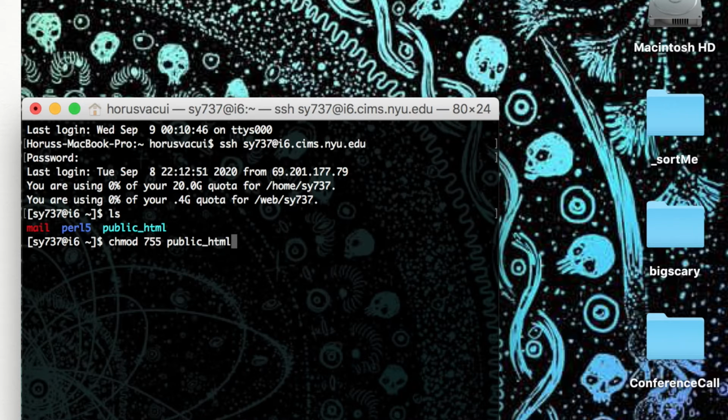Okay, so I think that made my public HTML folder in general actually visible to the public. Now we're going to enter a command, which is cd, which is change directory. So we're going to go into the public HTML folder. We're going to say cd and then public underscore HTML